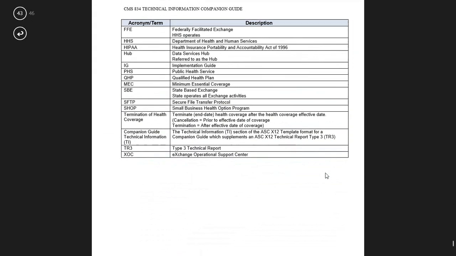What happens is 834 has a daily transaction file and a full file, correct? Because the transaction file is where you have all the changes that happen. Any changes that happen on a day-to-day basis, there is something called the transaction file that people see. That's right. So will that folder be of the same size as a full file or will it be smaller? You are thinking on a smaller level,